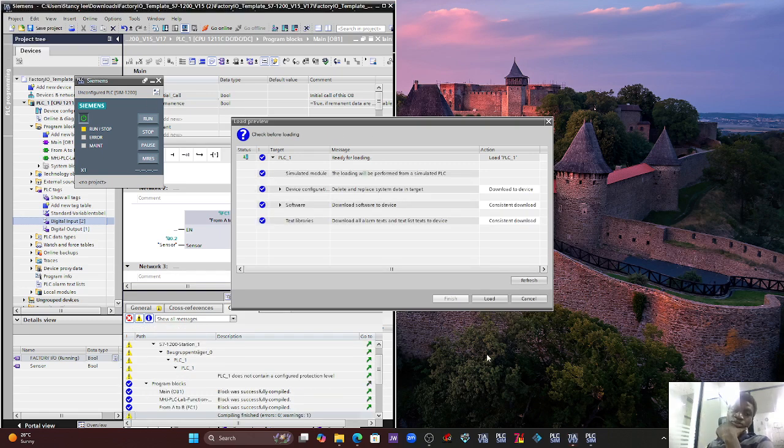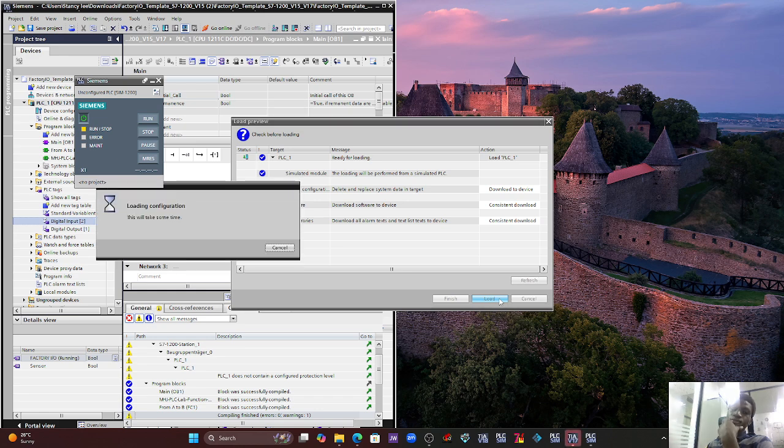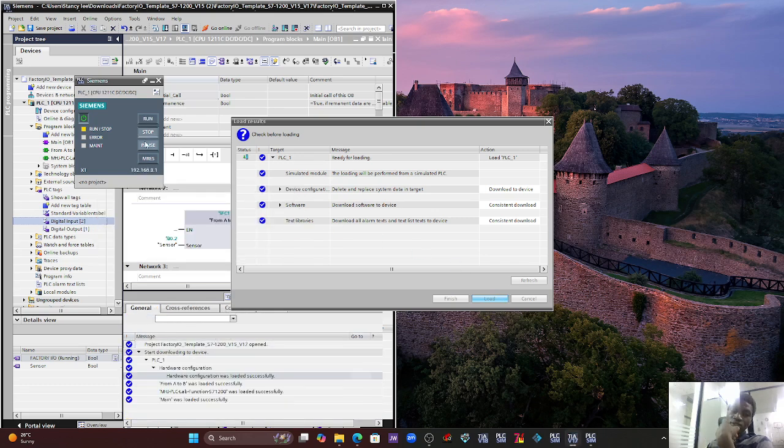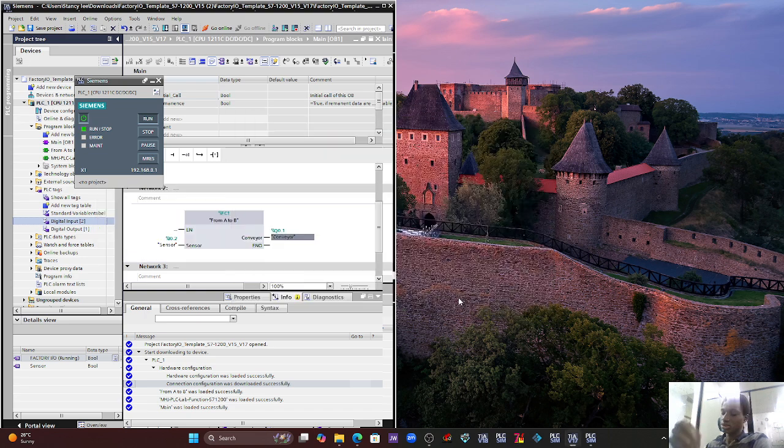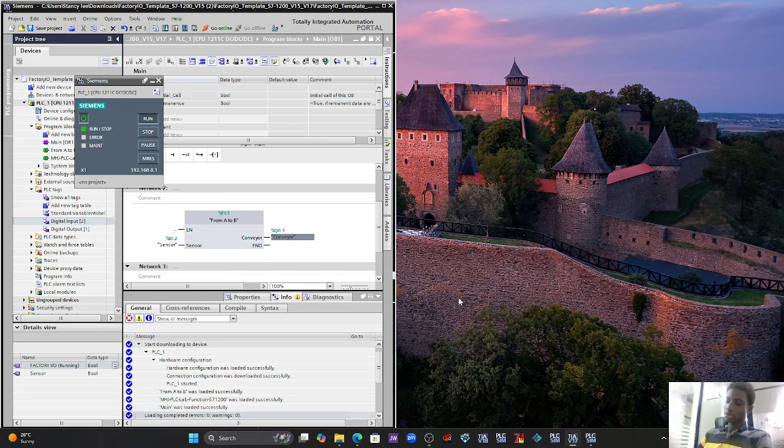Okay, so it's done compiling. Let's load. So I'm loading to the software. So yes, start module. Look, this is yellow. Before we start our module, this is on stop mode, yellow. There's a reason why I like to notice that. So if we launch Factory I/O one more time,